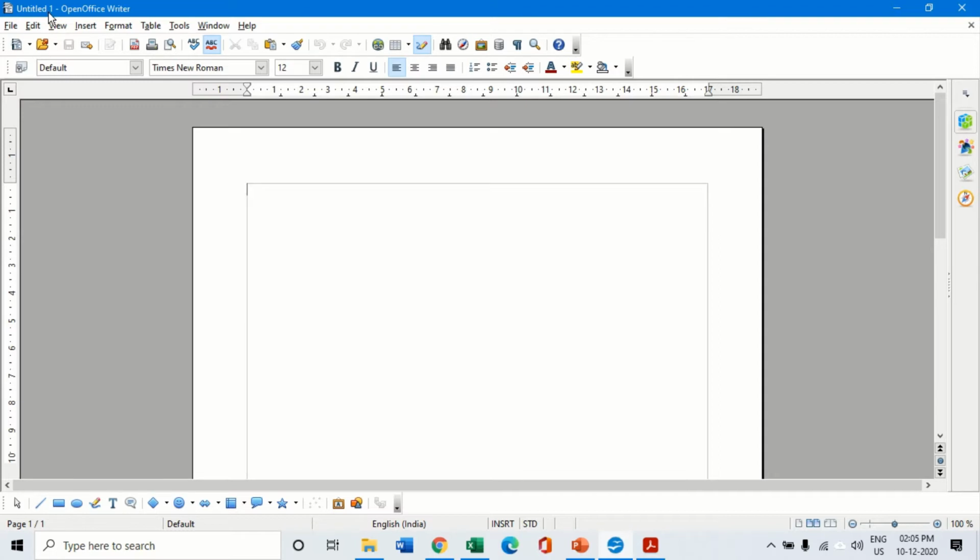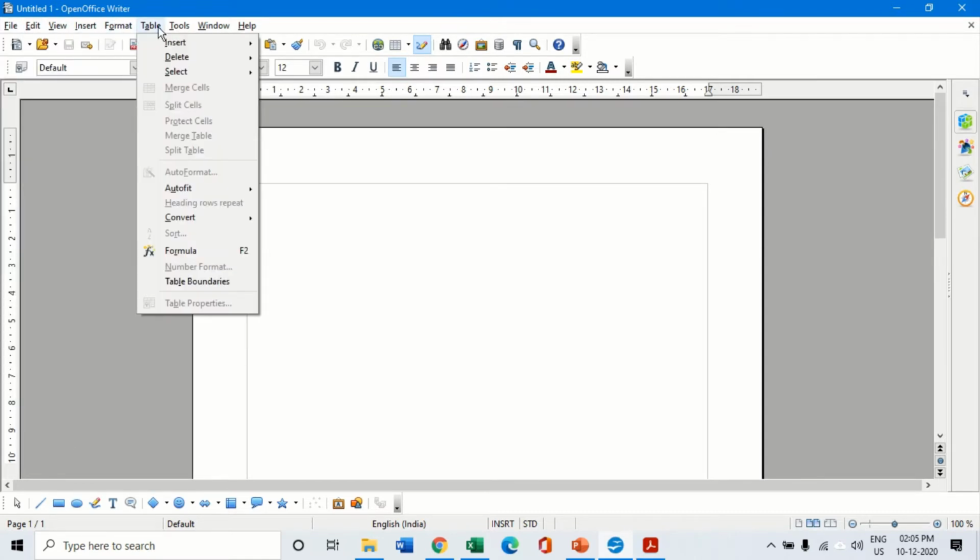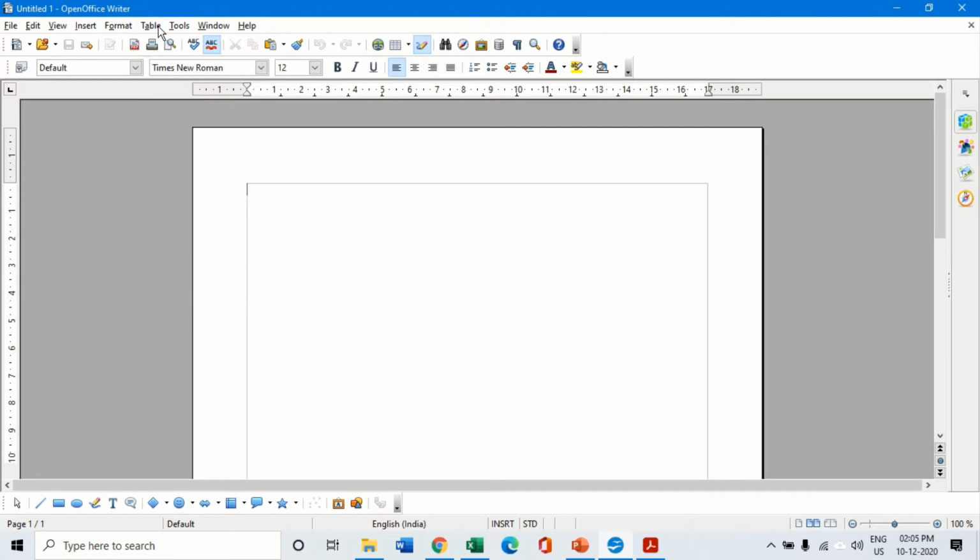Below the title bar is the menu bar. This menu bar contains different options with the help of which we can work on the Office Writer. The next bar below this is called the standard toolbar.